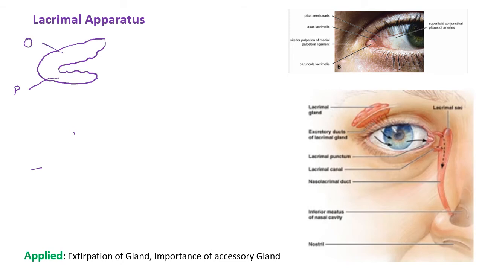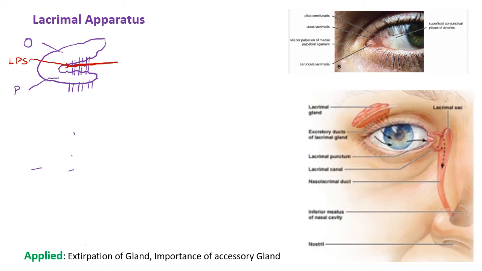Both of them are separated from each other by the levator palpebrae superioris muscle. This is the levator palpebrae superioris muscle. The ducts of the orbital part pierce the levator palpebrae superioris and open in the palpebral part. So, the orbital part, by means of its ducts, drains into the palpebral part. The palpebral part then drains into the